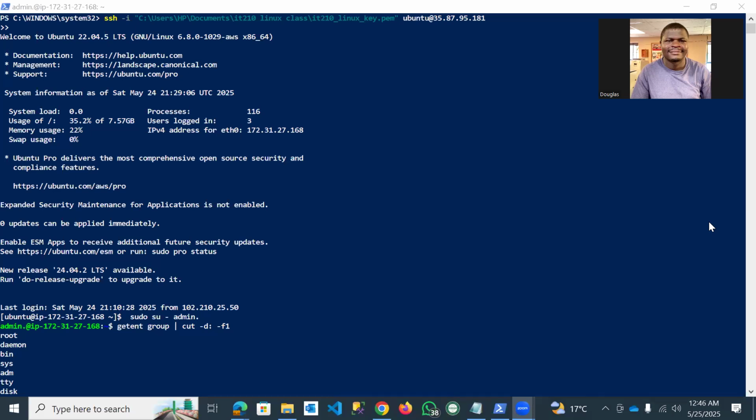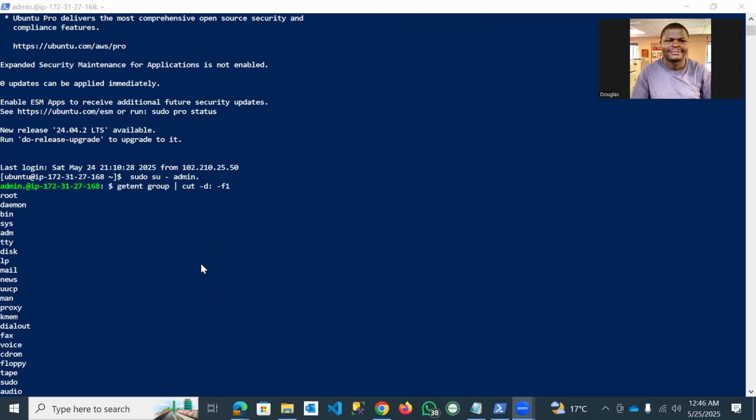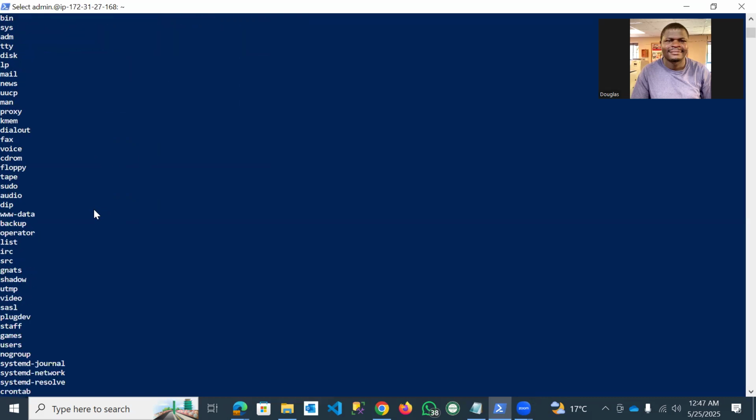It is Douglas, working on the users and groups in Linux, and using the sudo group add command to add the groups to the server. I can use this command to see the list of the groups that I've added,